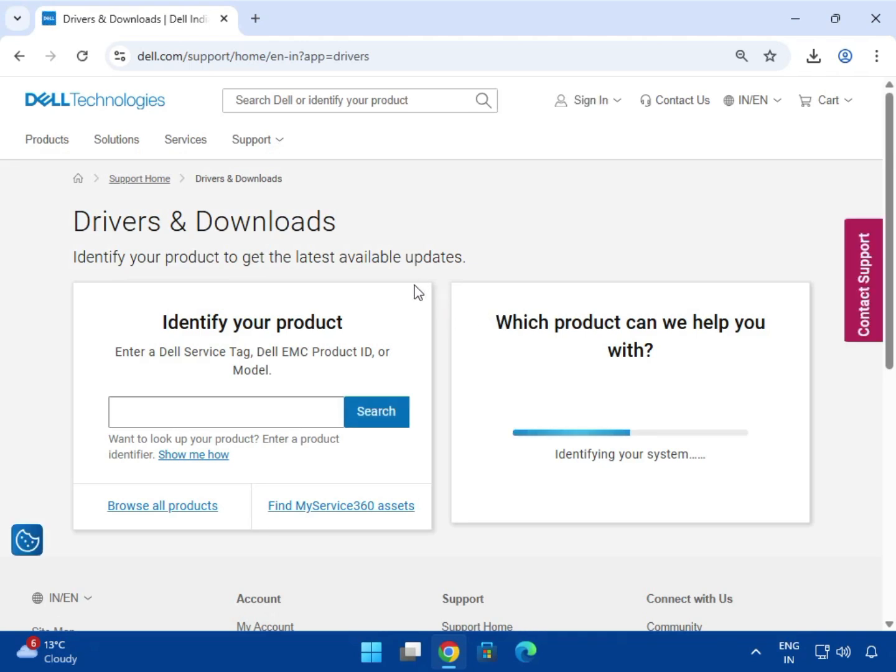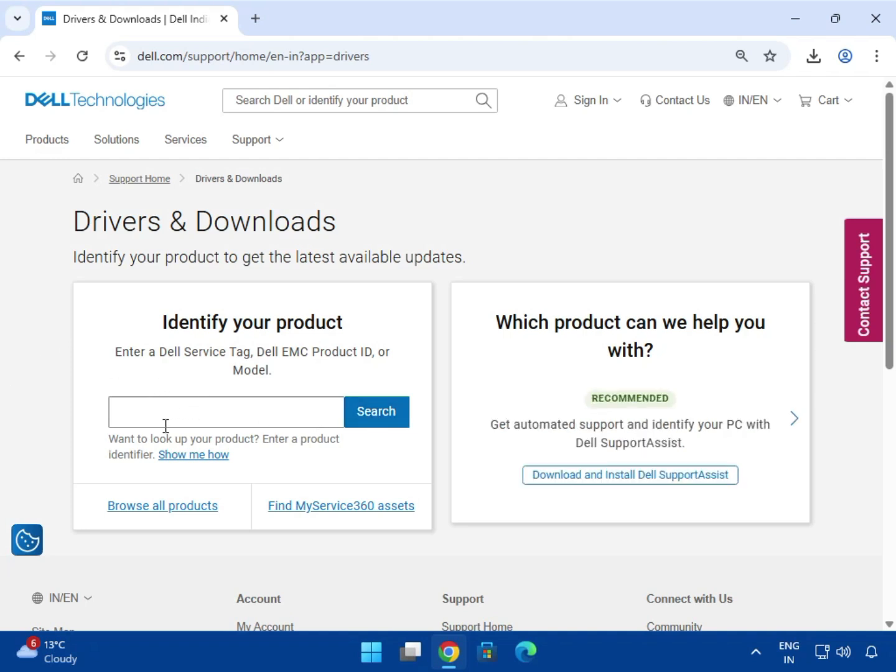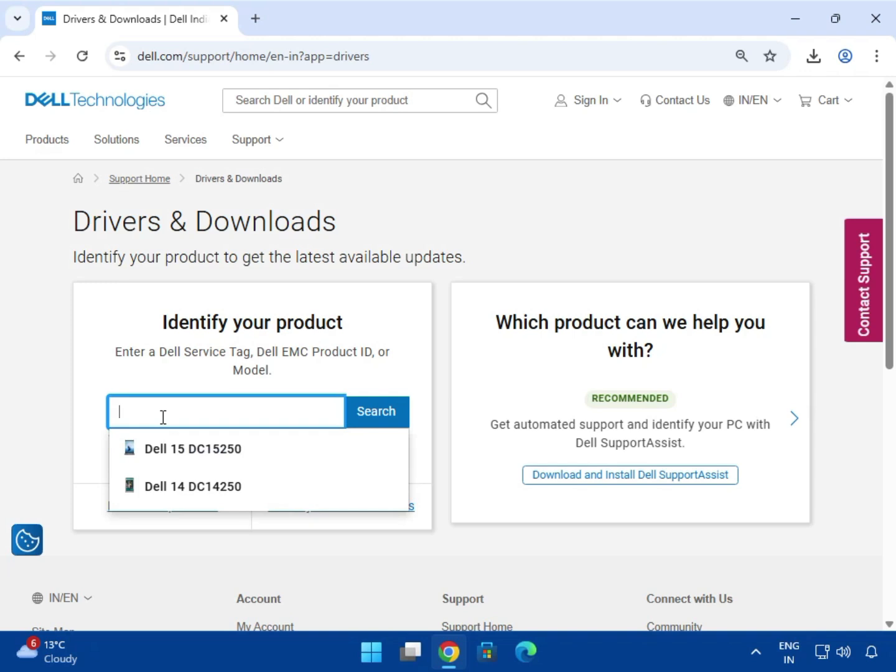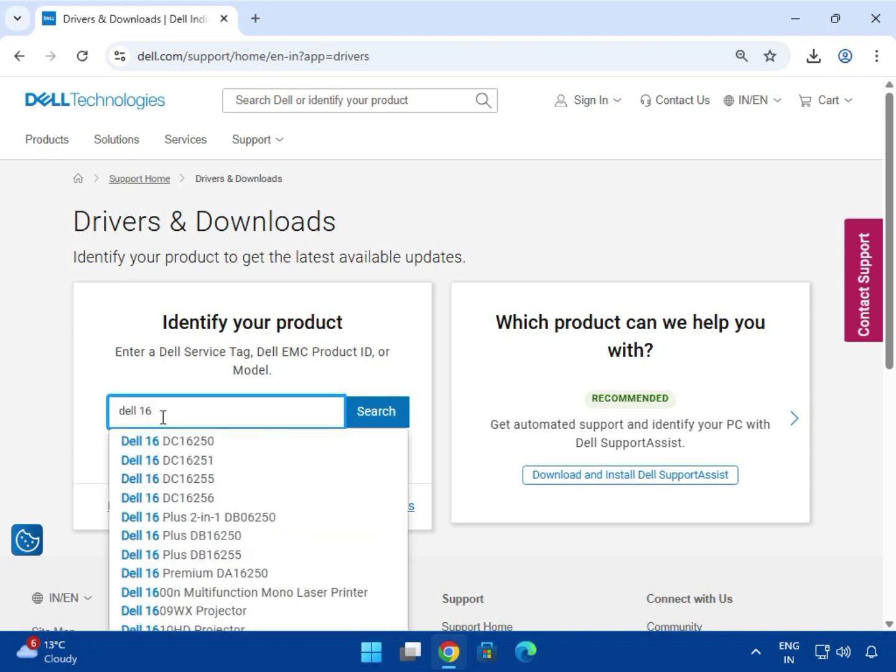If you know your service tag and serial number of your laptop, you can enter it here and then search. Otherwise, you just enter the model number, Dell 16, and whichever service tag you are using, and all service tag driver download and installation processes are the same. You just select it,